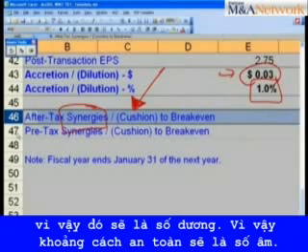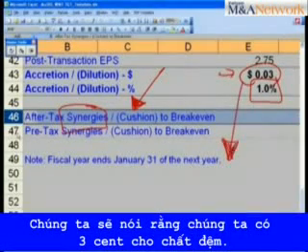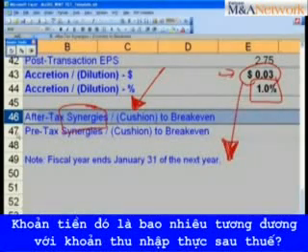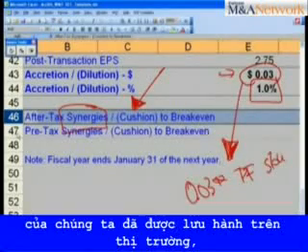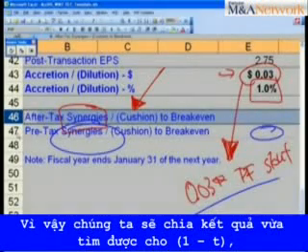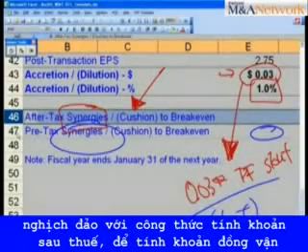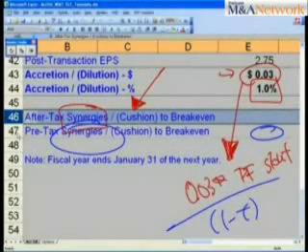So what's the logic here? We're going to say that we have 3 cents of buffer. How much is that on a net income after tax equivalent? It will be our 3 cents times our pro forma shares outstanding. Then we want to calculate our pre-tax synergies. So we're going to take that whole number in this cell now, and we're going to divide the whole thing by 1 minus t, reversing a pre-tax after-tax calculation, to calculate the pre-tax synergies or the cushion required to break